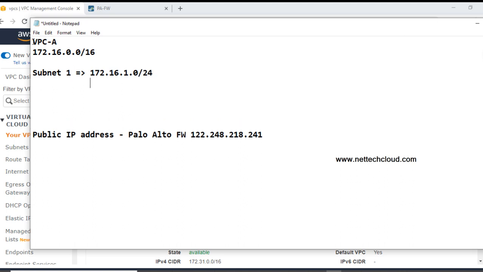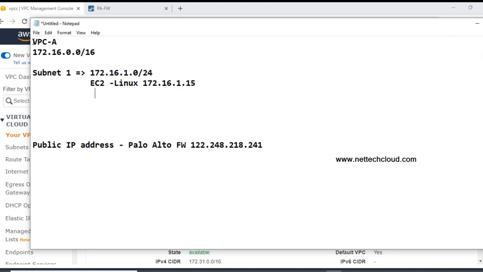In this subnet I will launch an EC2 Linux machine for simplicity, and I will assign a static private IP address to it, let's say 15, and one public IP so that I can access this machine. It's DHCP assigned, no elastic IP, auto assignment.